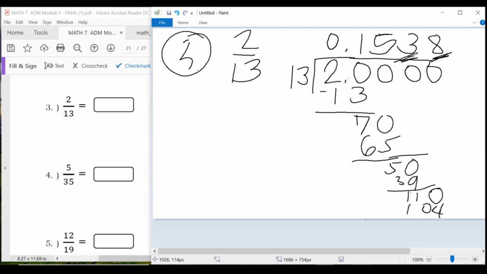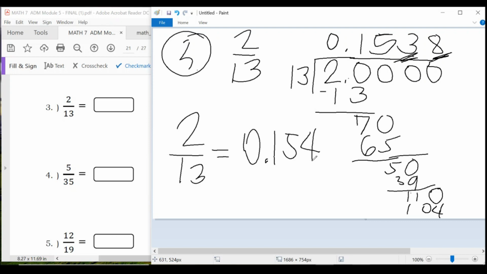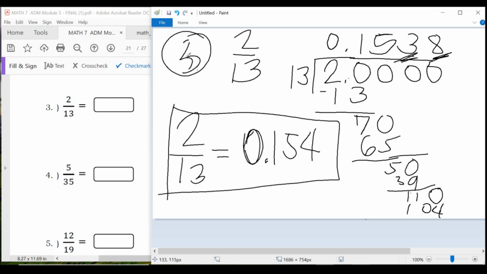So therefore 2 over 13 is equal to 0.15, round off 3 to 4. So this is now the answer for number 3 po natin, class. Okay, next